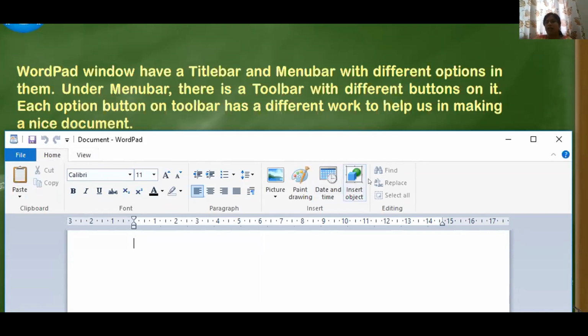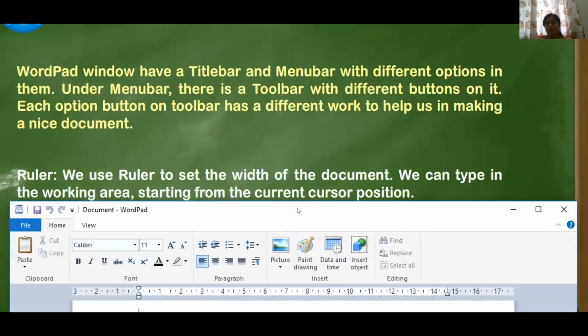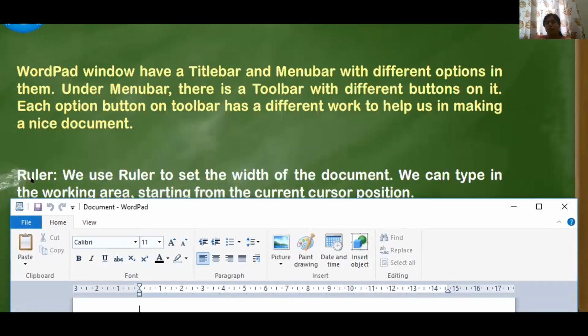Top is the title bar, second is the menu bar, and below the menu bar we have different toolbars, right? And these toolbars will help us to write or type things on our WordPad and make it more beautiful. So what is the first thing we are going to learn today? It is the ruler. What do you mean by ruler, children?